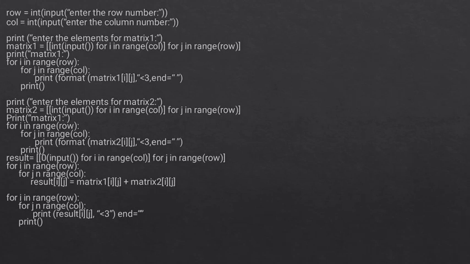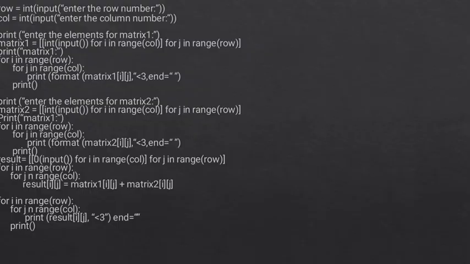Okay, so here is the program. First we have to input the number of rows. So we type row is equal to int input, enter the row number, and what is specified in the inverted commas will be shown in the output. int means integer. So here we input the row number, and second we input the column number. Column is equal to int input, and the column number, and then we